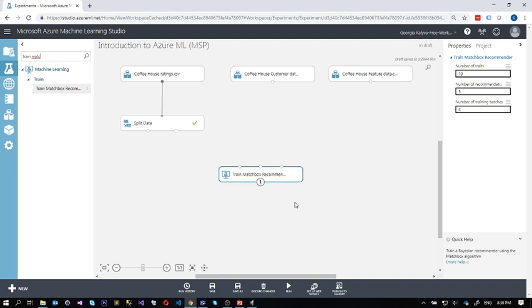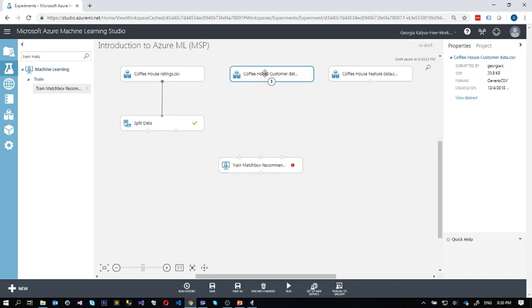As we can see, it takes 3 inputs and has 1 output. It has the training dataset of user item rating triples, the training dataset of user item features, and the training dataset of item features. So the user item features are these, the user characteristics,